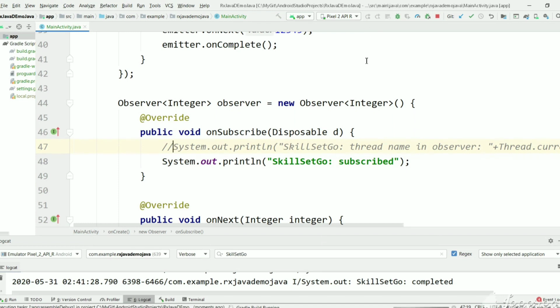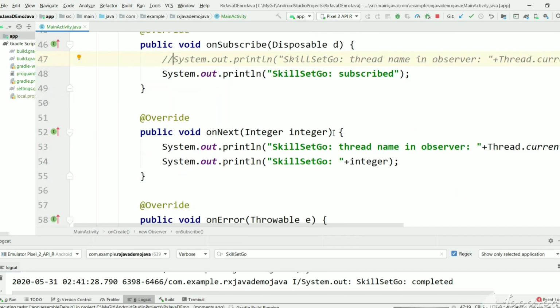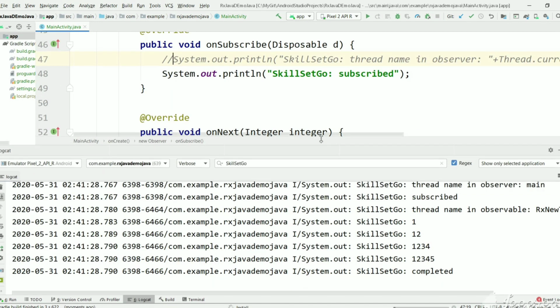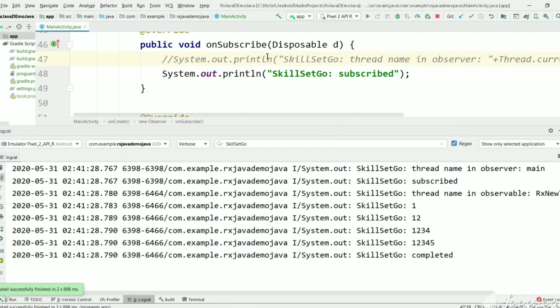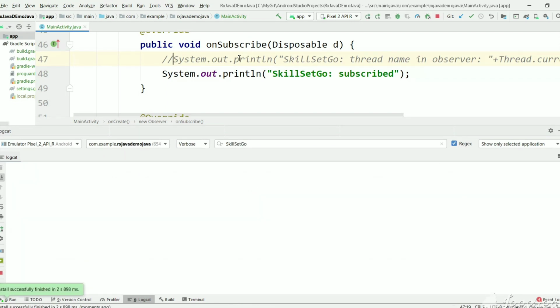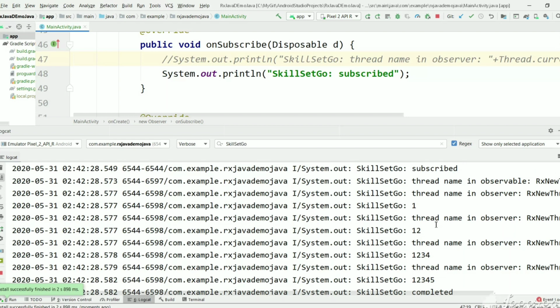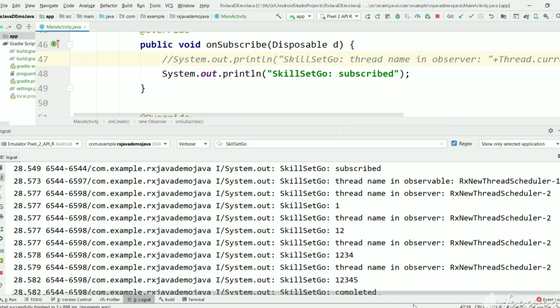Now let's execute and see where the observer is running. Yes, now you can see the observer and observable are running on different threads. The observable is running on RxNewThreadScheduler-1, and the observer is running on a new thread, RxNewThreadScheduler-2.